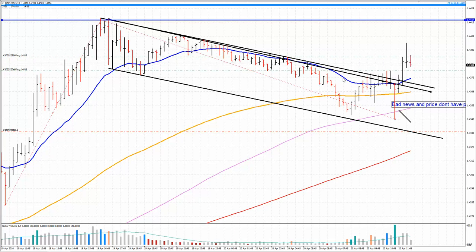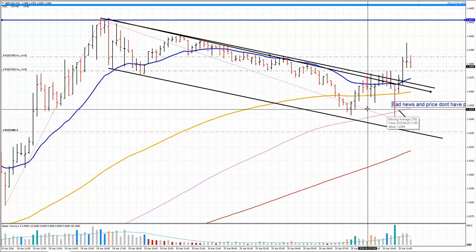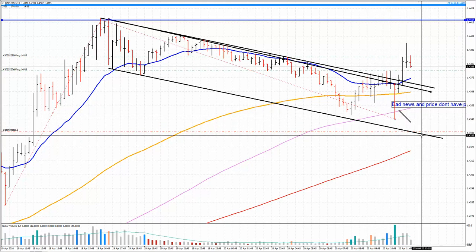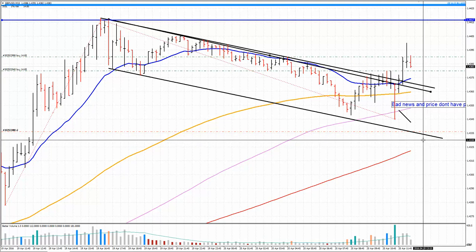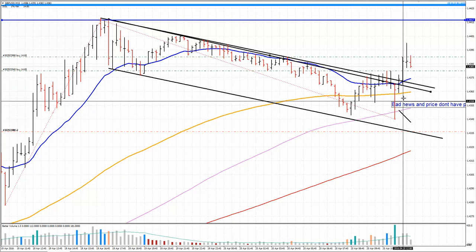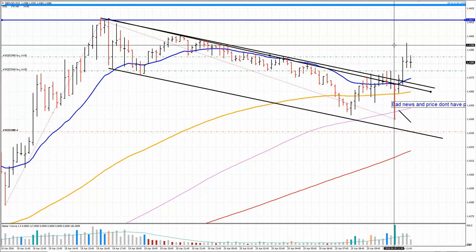It should be different if you think like this: if there is really some bad data in the UK, the price should go lower for that day, because that was the key news today for this currency. But price managed only 20 pips lower, and then smart money started to buy there, and they will probably support this buying the whole day, even maybe in the next few days, with the smaller corrections and so on,